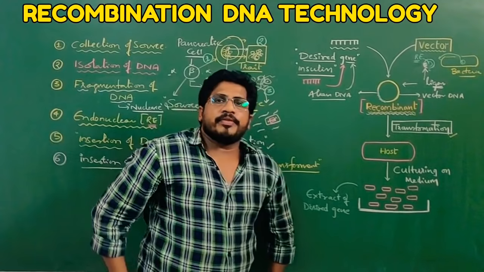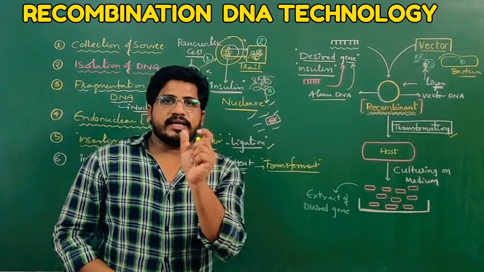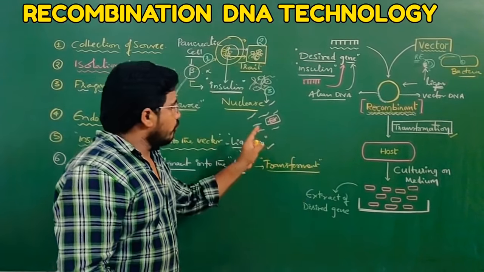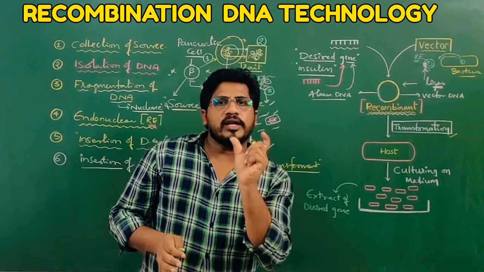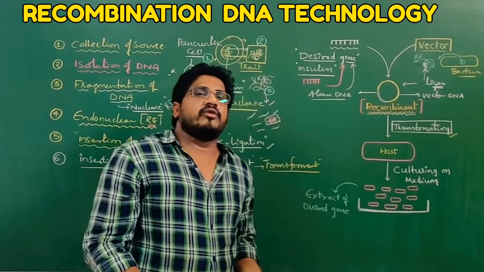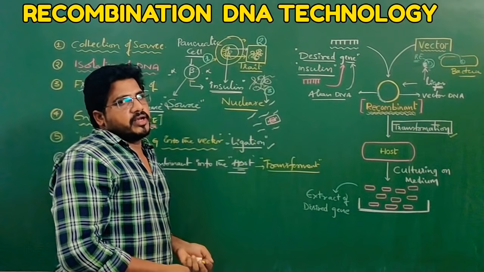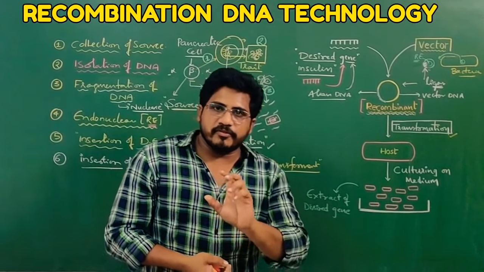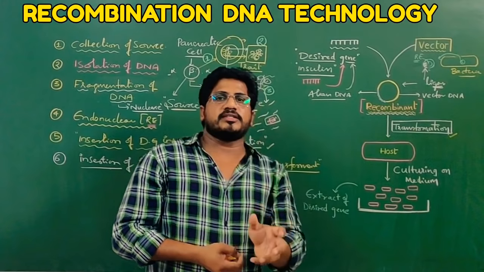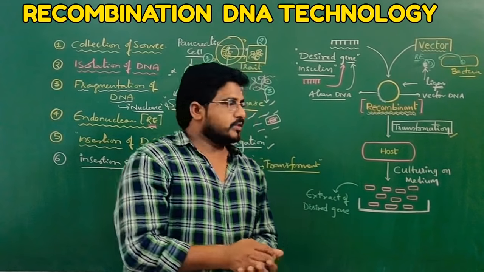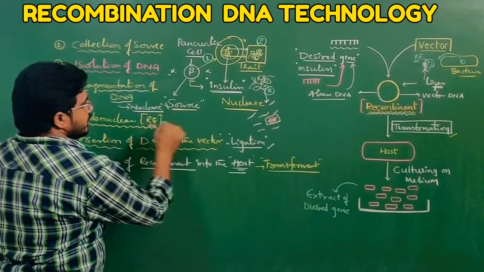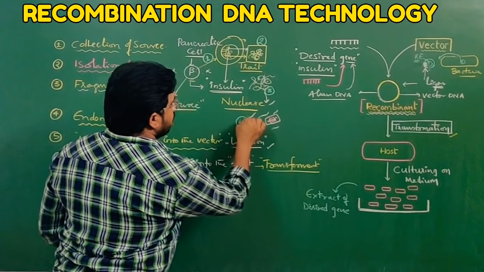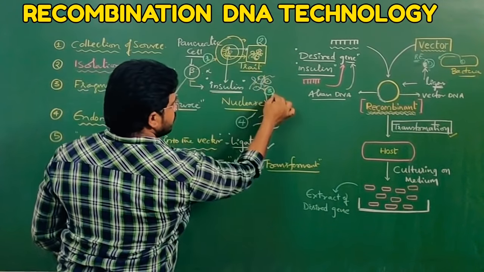After fragmentation, if you want a certain sequence of DNA, you go for restriction endonuclease action. If you only want a fragment of DNA, then there is no need to use restriction endonucleases. Why? Because the process in which you use restriction endonucleases is very expensive. So according to the need, we prefer. So the fourth step is endonucleases. This is step 4. 1, 2, 3 and 4.